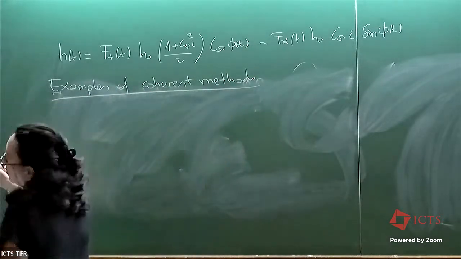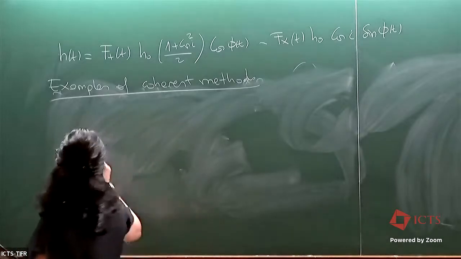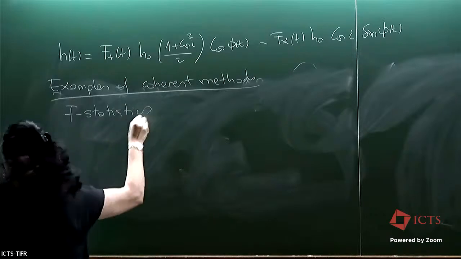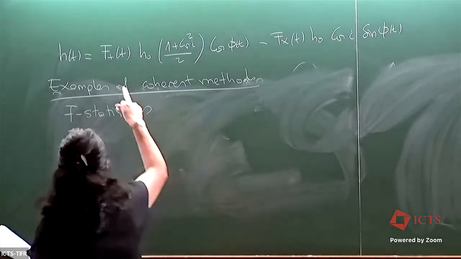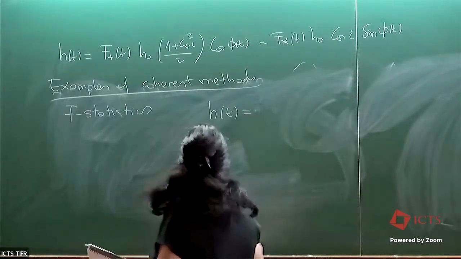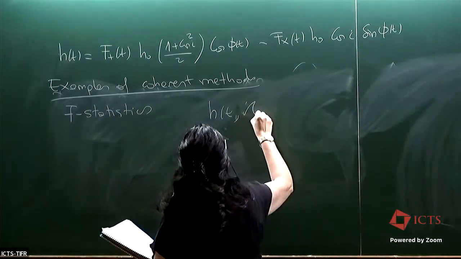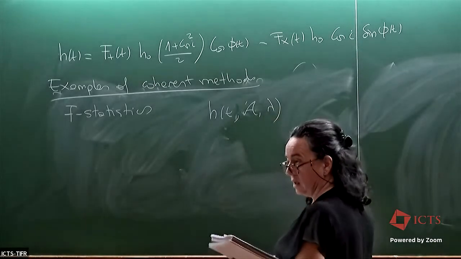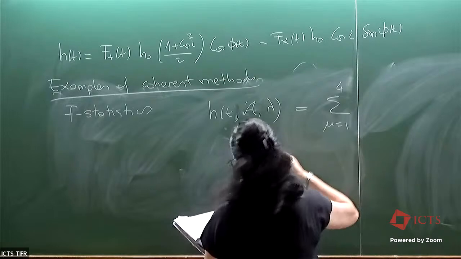So I will only describe 2 of the coherent methods. The first one is the so-called F statistics. And in the first class, basically you saw that my signal model that depends on the time, it was depending on some amplitude parameters and some what I was calling Doppler parameters, it was rewritten as a sum of 4 terms